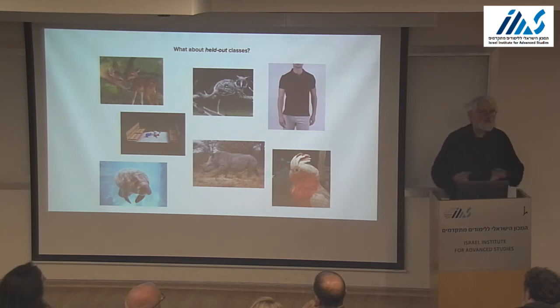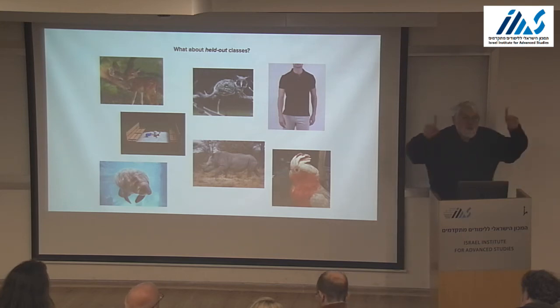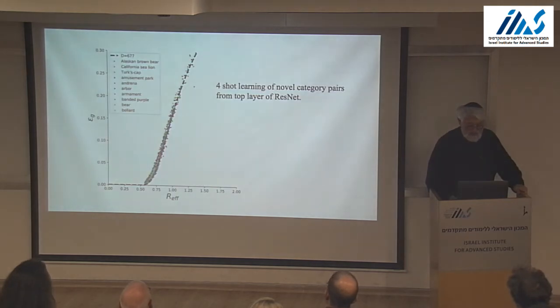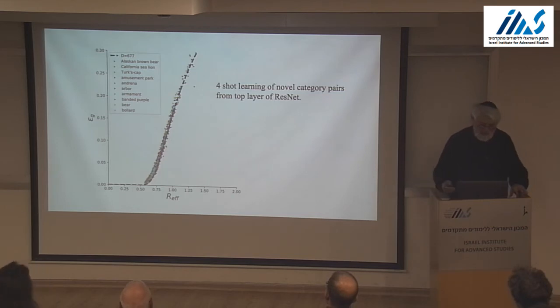Those objects and those categories were not present in the way that the networks have been trained. Now the question is, okay, I take one image of a shirt and another image of a certain animal. I show the network, and can the network learn just from two examples any other arbitrary instances of these two categories? And the answer is, surprisingly, yes. And this is, again, examples. This is the generalization error on the y-axis. You can see many pairs of this new concept have very low generalization errors,